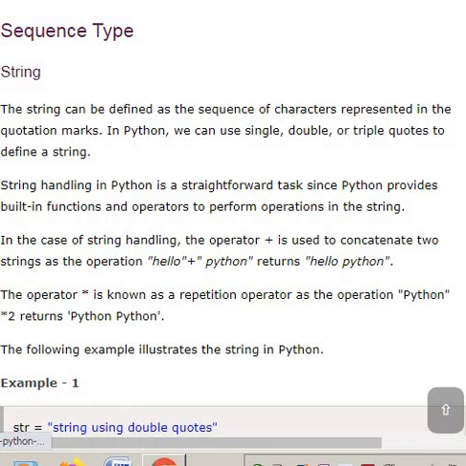Sequence type: the string can be defined as a sequence of characters, which we put within double quotation marks. In Python we can use single, double or triple quotations to define a string. In case of string handling, we use plus operator to concatenate two strings, just like in Java. In Java also we use plus operator to concatenate any two strings.